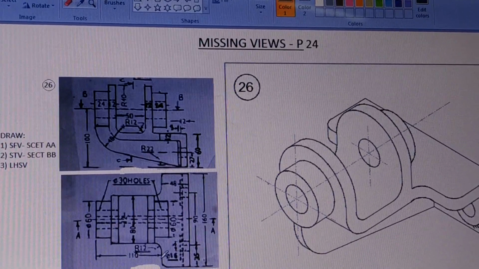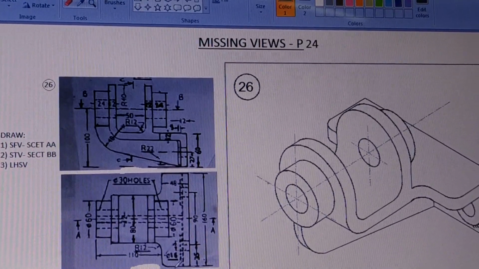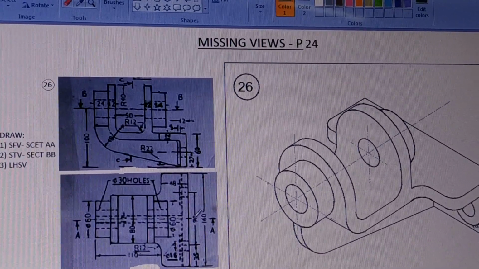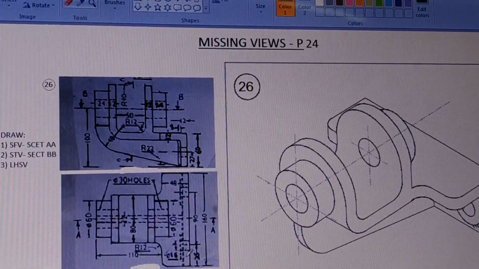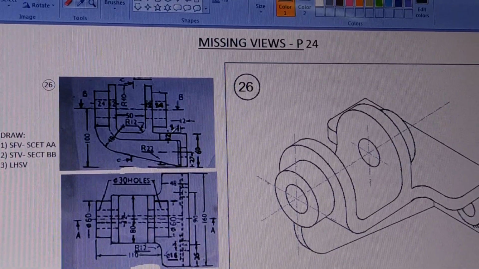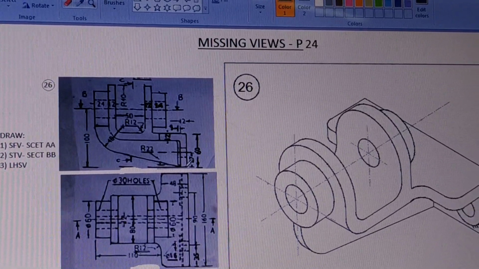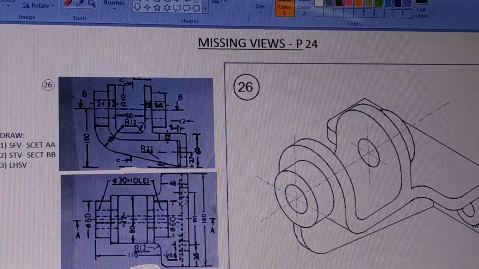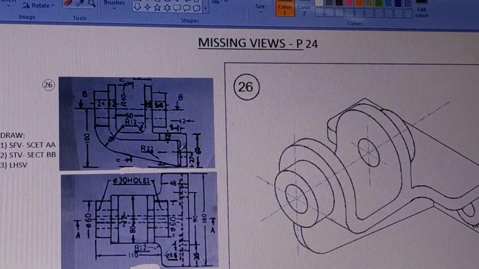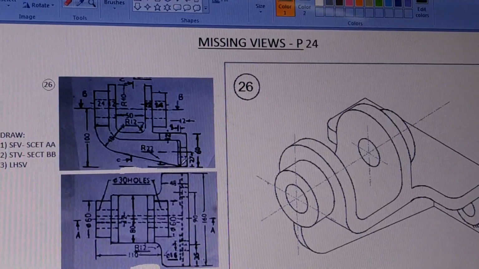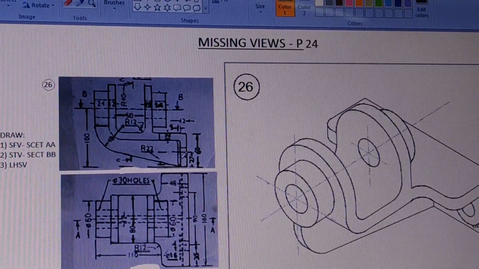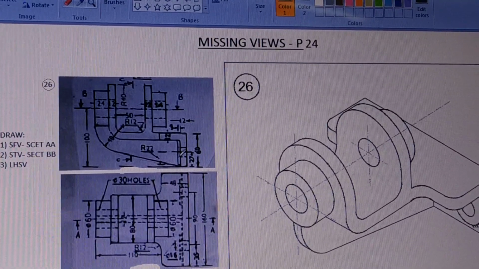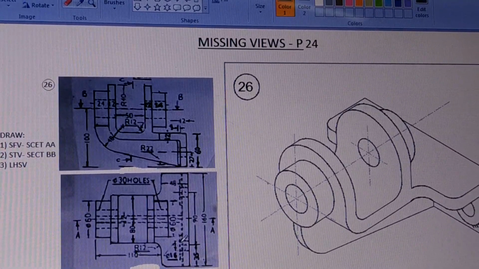So now we can think of this part which is like this. Then it is given an L shape. Because of the L shape, you can see there is a dotted line here. When you see from the top, this L shape is going behind. Therefore there is a dotted line. And then at this place, if you observe here, there is about a 3 mm projection, and there is one more double line here, and the same thing is shown here with a hole.